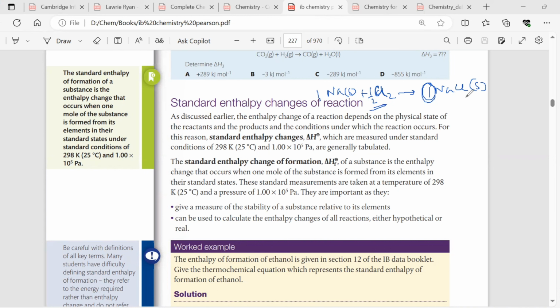What is the enthalpy of formation? Enthalpy of formation is the enthalpy change when 1 mole of the compound is formed from its elements in their standard states under standard conditions, right? We cannot change this here. 1 mole we cannot change here, right? So we put a half here, right? Enthalpy of formation is very important, right? Because we have to use it in the Born-Haber cycle also, and in lattice enthalpy also, right? Now see, now